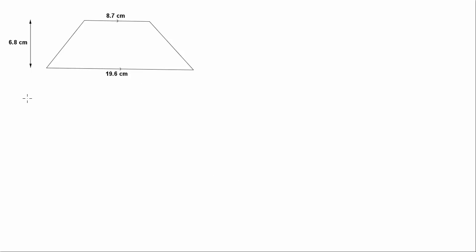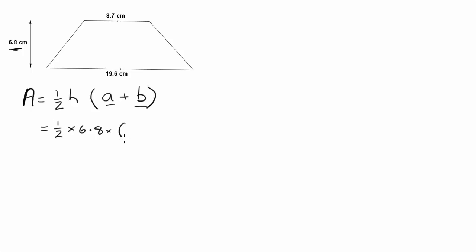Next up we have a trapezium, and if you remember, the area of a trapezium is given by half of the perpendicular height multiplied by the sum of the length of the top plus the length of the bottom, and the pronumerals we use for the top and the bottom are a and b. So in this case we can see that the perpendicular height of the trapezium is 6.8, so it's going to be a half multiplied by 6.8 multiplied by the sum of the top, which is 8.7, and the bottom, which is 19.6. So 8.7 plus